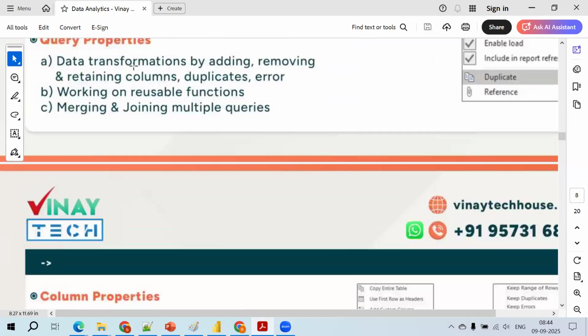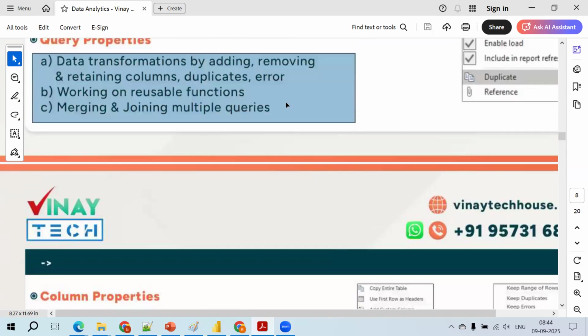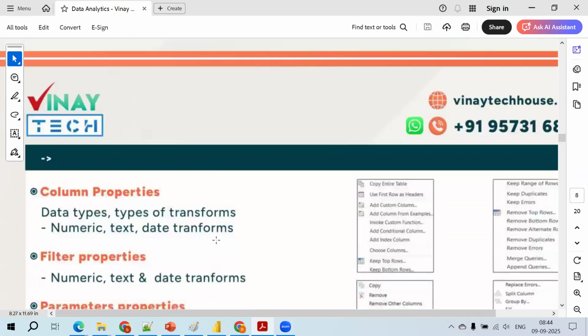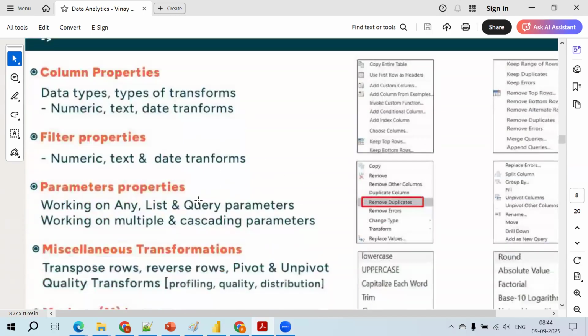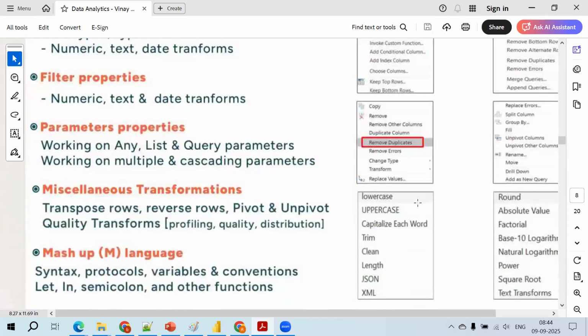But until you do it practically, you can't understand it. Column level properties, filter level properties, and parameters are really important again. And miscellaneous transformations: you can convert rows to columns and columns to rows, revert the rows and transpose the rows. And these all improve the quality.